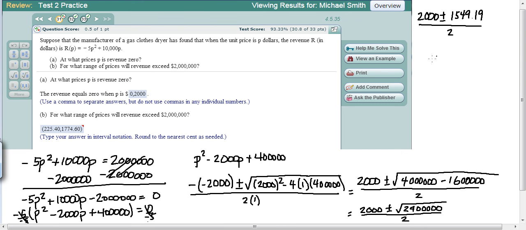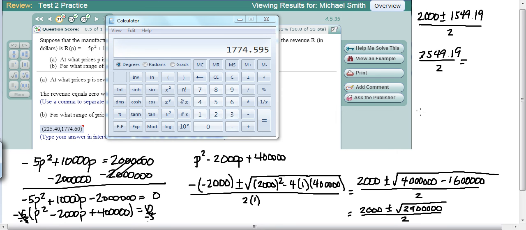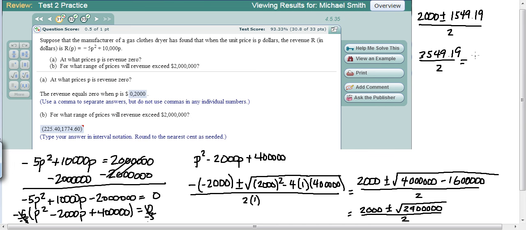divided by 2. Alright, so we're going to add that together, so we get 3549.19 divided by 2. Alright, let's see what the calculator says for that. Alright, so when I divide that, I get 1774.595. And that rounds up to, in dollars and cents, 1774.60. Now the other one's going to be 2,000 minus 1,549.19, so that's going to be